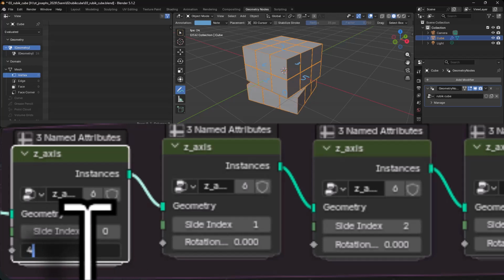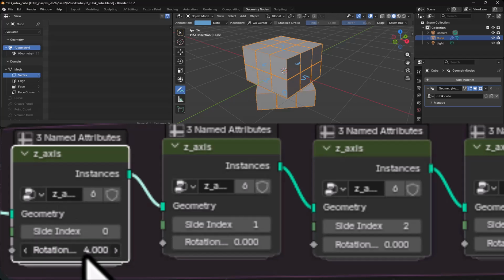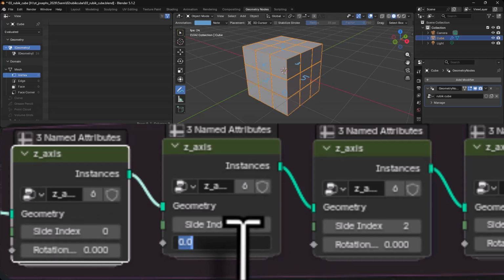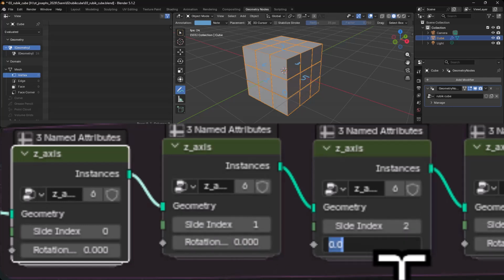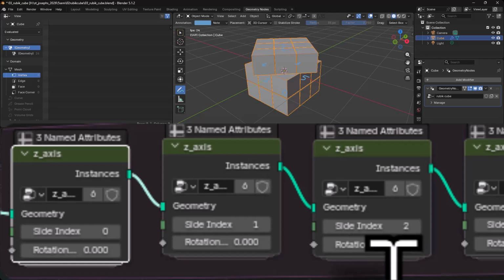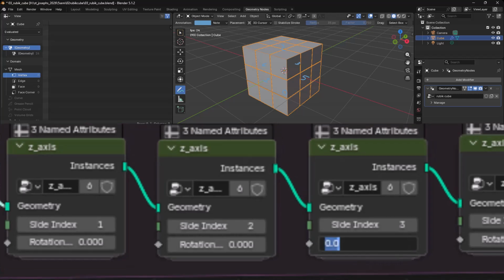If I set it to 4, it rotates 45 degrees. So I will make this 0 and I will check the next one. I will set this to 4. So you can see the middle one is rotating. I will set this back to 0, and the third one I will set the value to 4 and check it. So the top one is rotating. Then I will set this back to 0, and for the fourth one, if I change it to 4, see